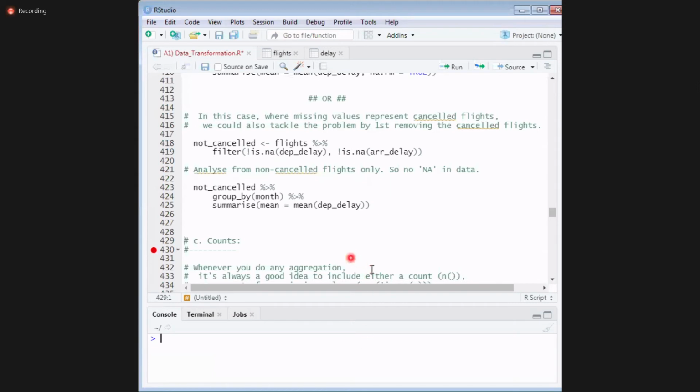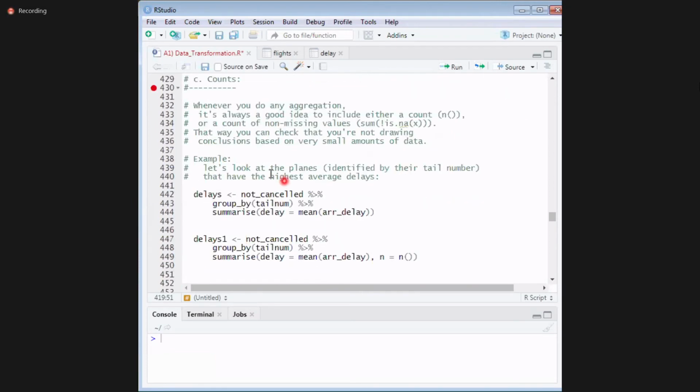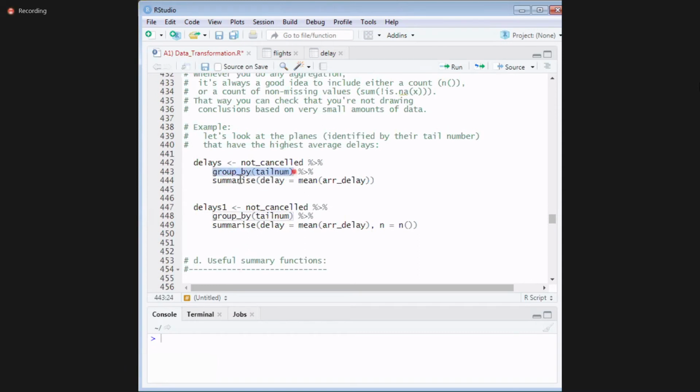If there is no missing value in departure delay and no missing value in arrival delay, that means flights have not been cancelled. If the data is missing, that means flights have been cancelled. I'm picking up the data and grouping using my tail number. Then I'm summarizing the data. See here.